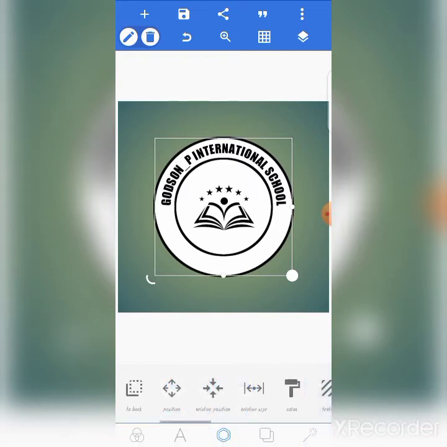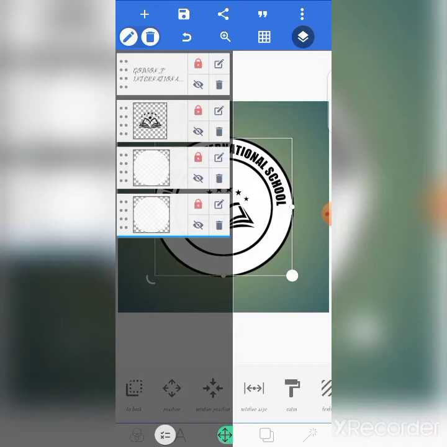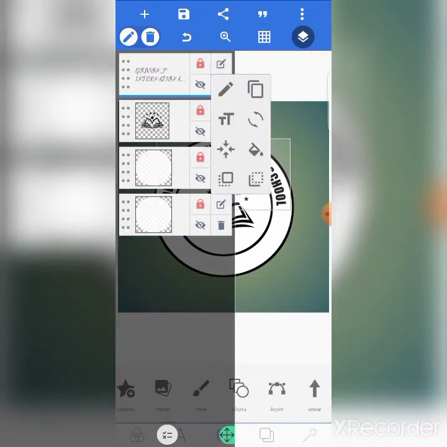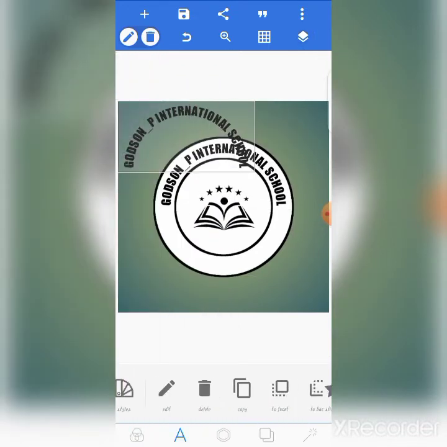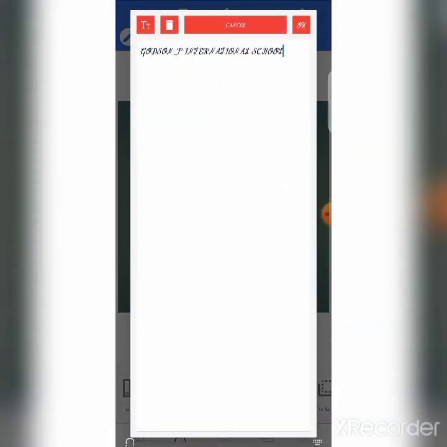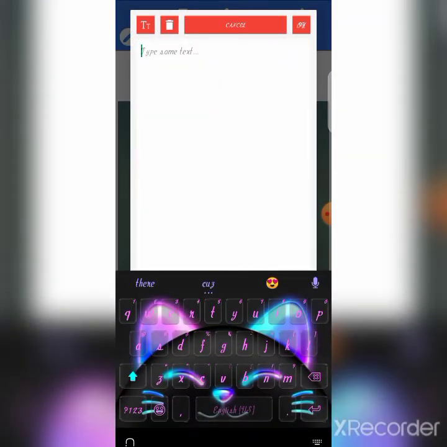So with this, the name of the school is at the top. Then the down part is empty. What you have to put at the down part is the school slogan or the school motto. So any of them, you can just decide to put it, curve it at the down part. So what you just do, just duplicate the school name. Duplicate it. What you just do, edit, and let's say the school slogan, I